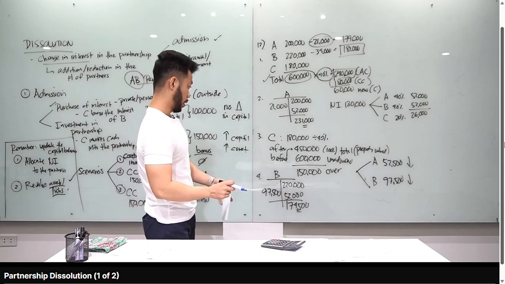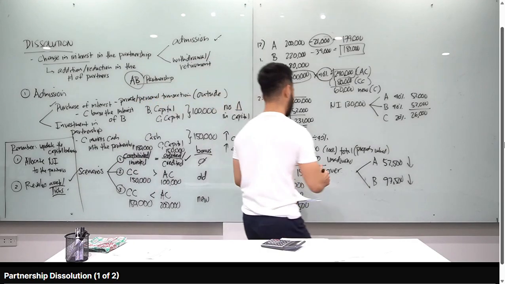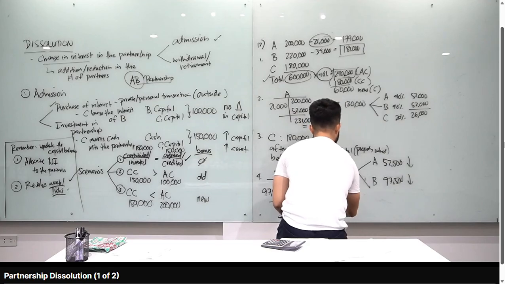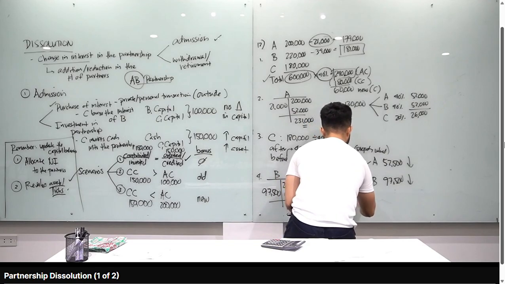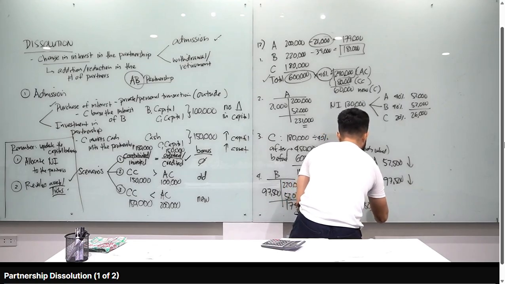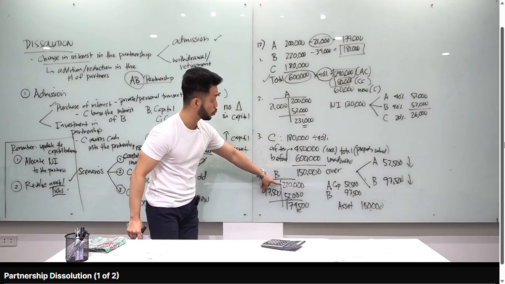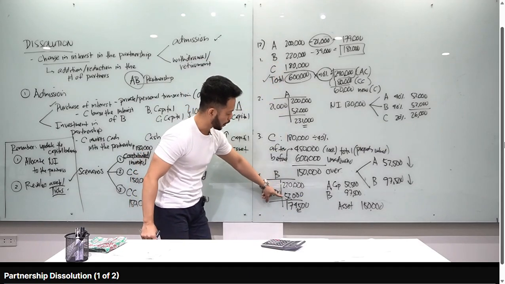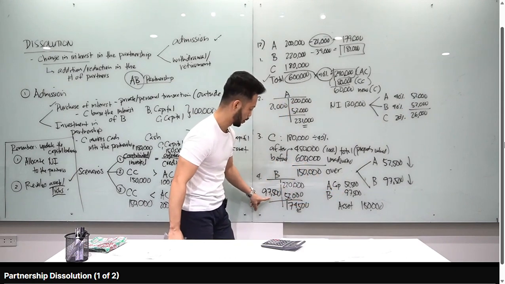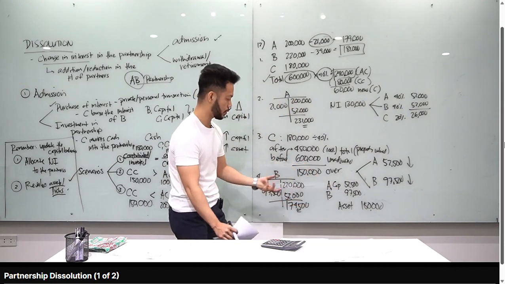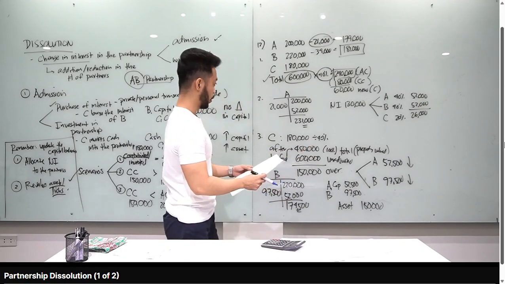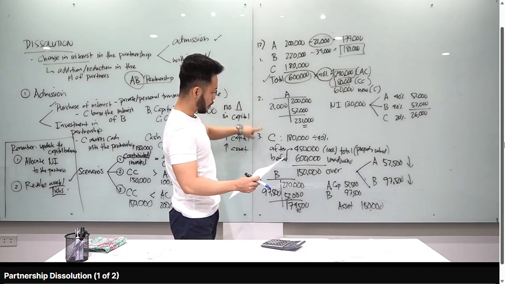So class, if gusto mo makita yung entry, ganito lang yan. Debit A capital, 52,500. Debit B capital, 97,500. Credit asset, kung ano man yung asset na yan, PPE or whatever. How much? 150,000. Ayan, ito yung entry natin. Kaya beginning balance of B, 220. Okay? Plus natin yung income allocated to B, 52,000, and then i-minus natin yung overvaluation. Kapag naman opposite, undervaluation, ibahin mo lang lahat yan. Tataas naman yung capital balances of A and B. Ayan. So letter C, letter A, letter boy, letter dog.